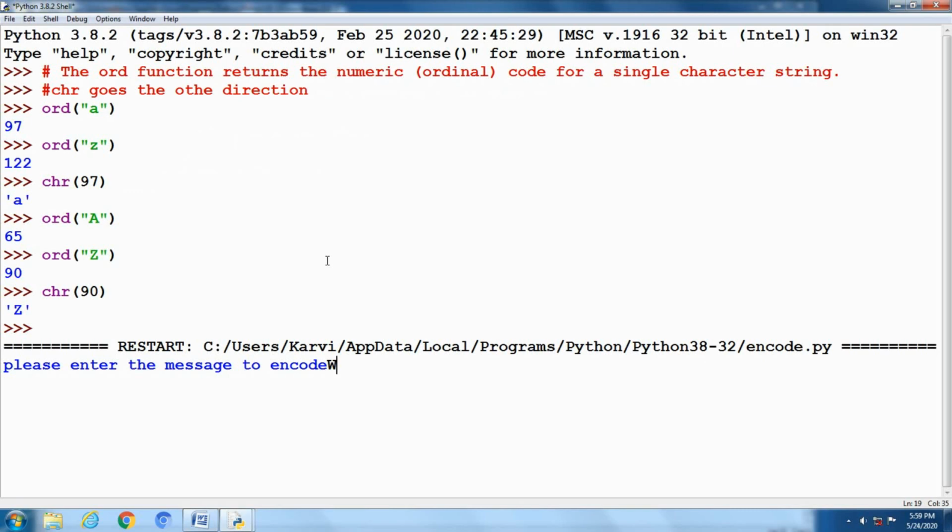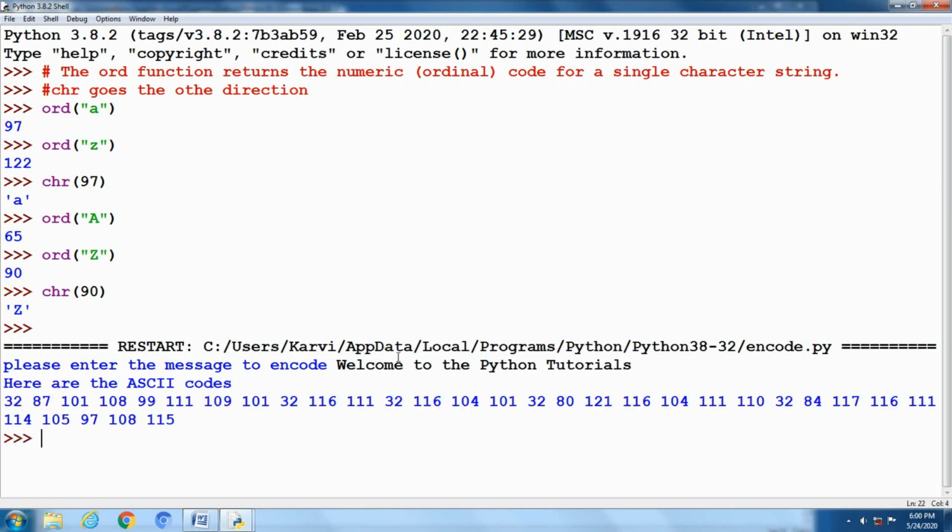Notice that in this result even the space character has a corresponding ASCII code. It is represented as 32 for the space character, and capital letters are less than 90. See the result: Welcome to Python tutorials.